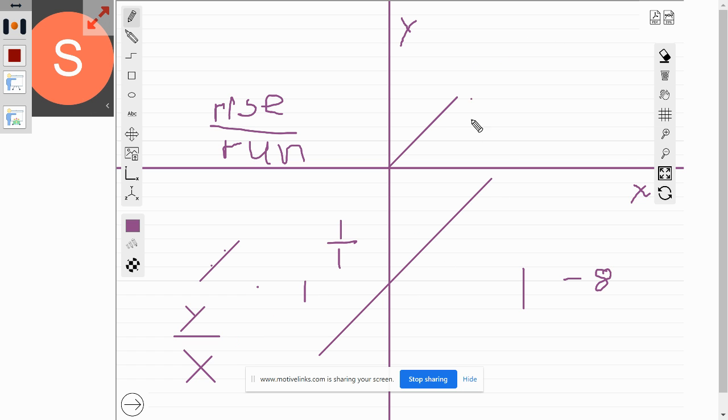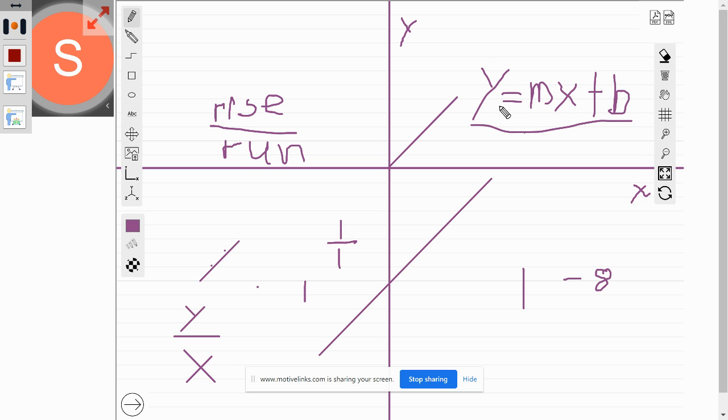So we have y right here equals, so we're going to do y equals the slope. Well, let's think of the formula for this. mx plus b. So this is the formula for slope-intercept form. So you're always going to write y equals,